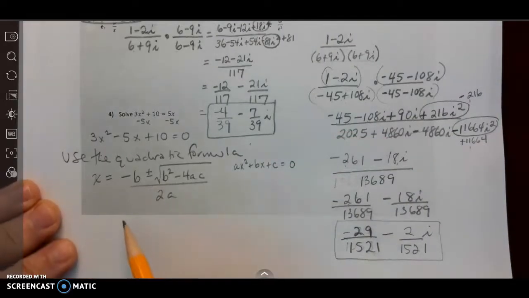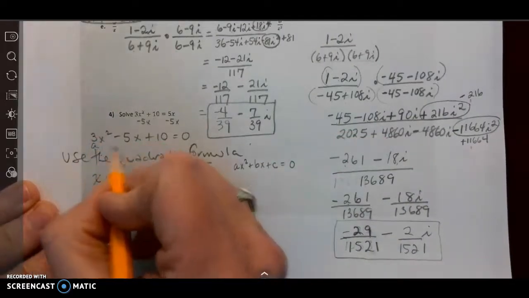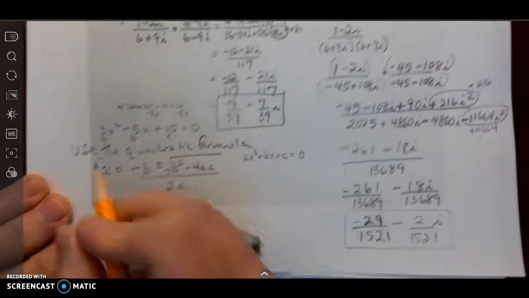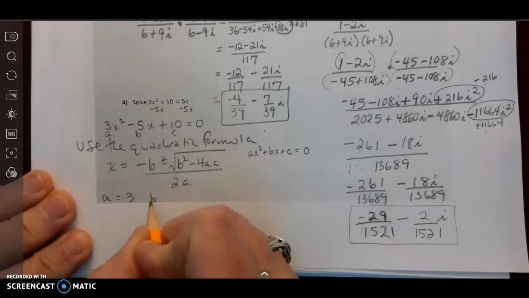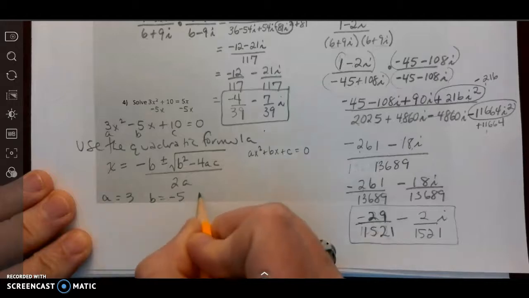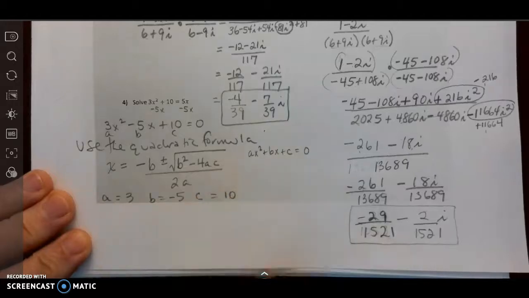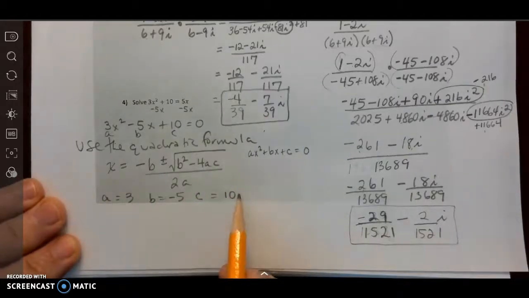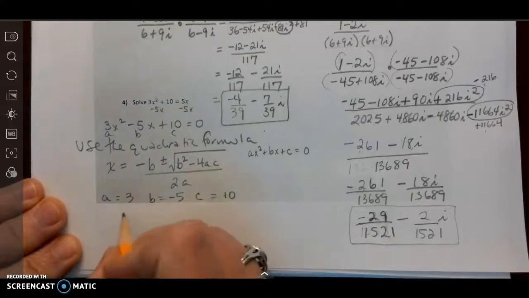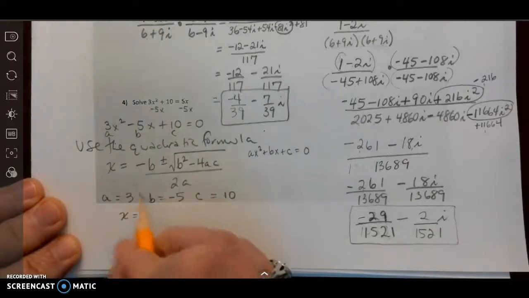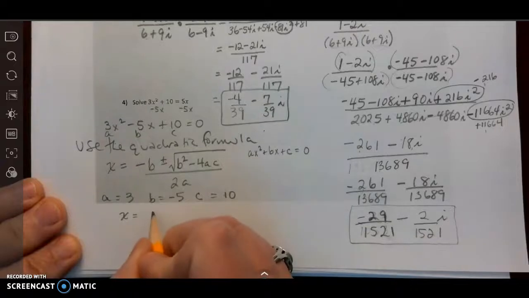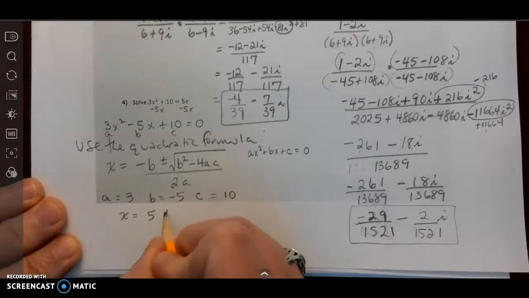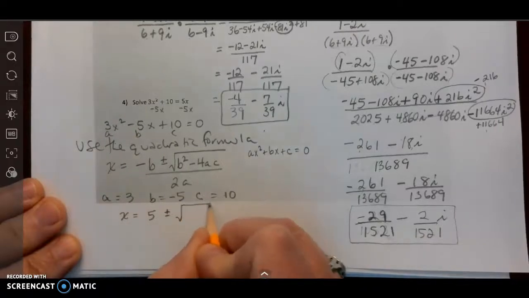So when I use the quadratic formula, this is a, b, and c, the first thing I do is I list my a is 3, my b is negative 5, and my c is 10. I have found if I do this, I tend to make less mistakes. X equals the opposite of b. B is negative 5, so it becomes positive 5, plus or minus the square root